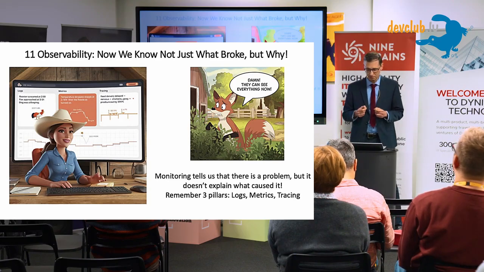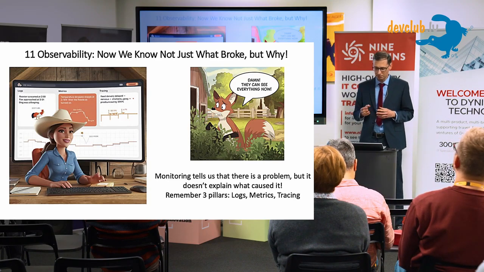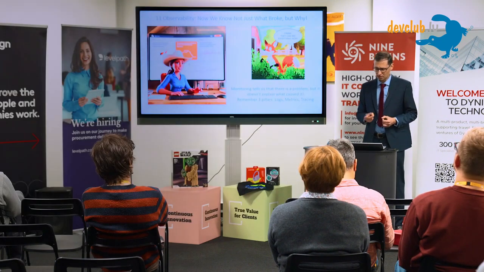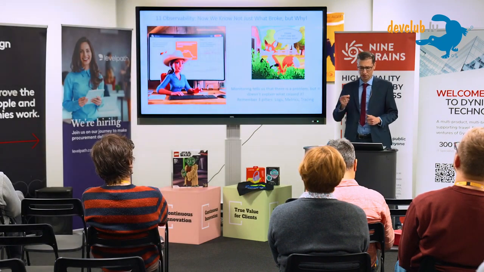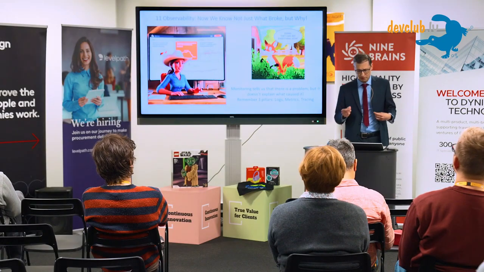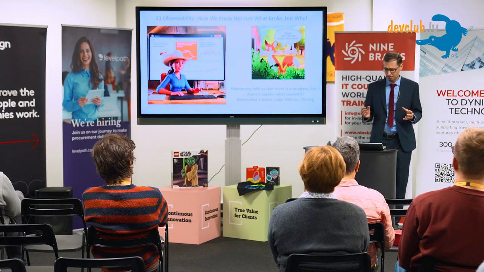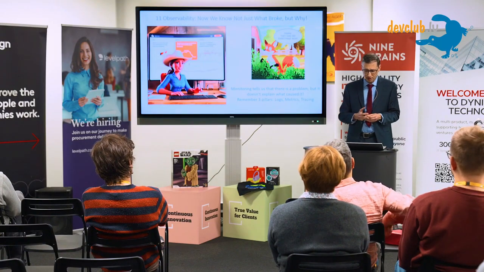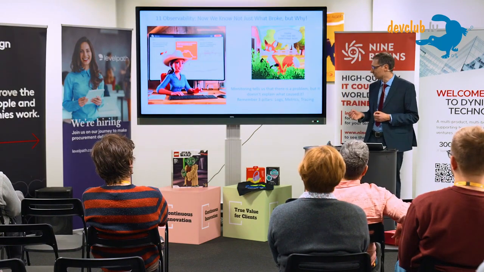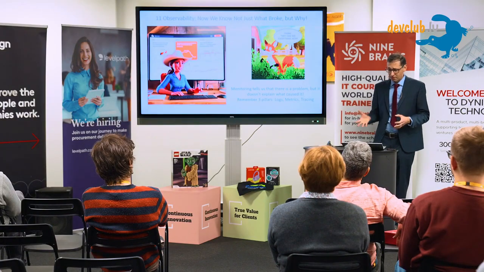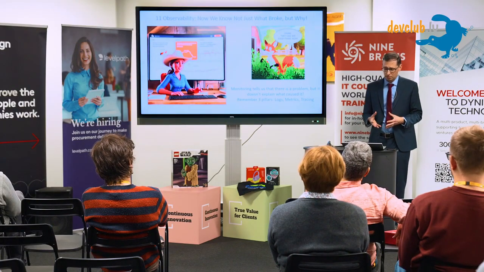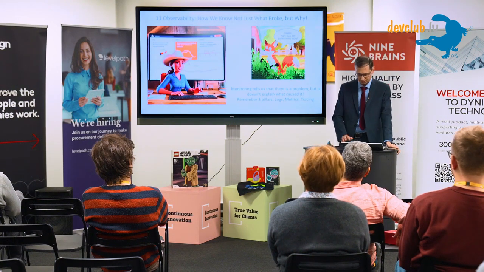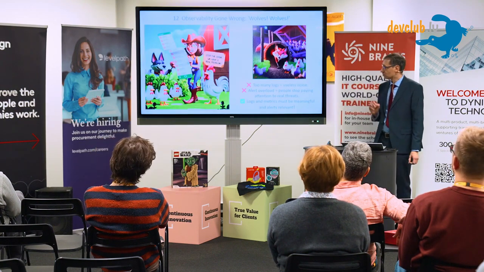So logs: now everything that's happening in the chicken coop is recorded. When they were fed, when the power went down, when the rooster complained. Metrics graphs show feed levels, water, temperature, and chicken activity. And with tracing, now they can pinpoint exactly where failures occur and how they impacted the whole system.